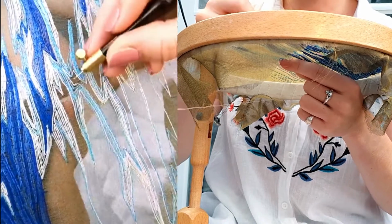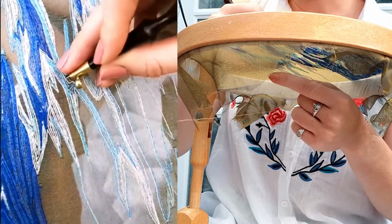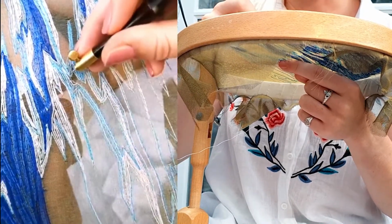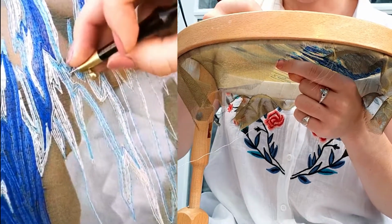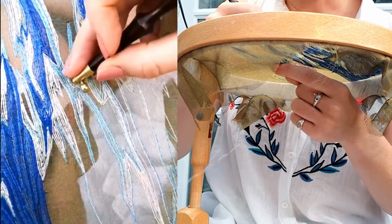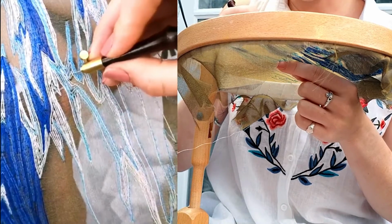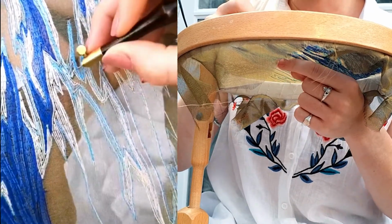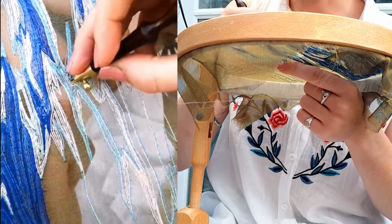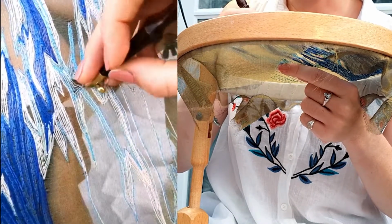I'm also working in a Madeira thread here. This is a machine embroidery thread. I've got two threads, but I chose this type of thread, they're both the same type, just different colours, because number one, it had this lovely ombre effect, and number two, it's got this lovely shiny silky quality to it. Because I was deciding that I was only going to use a few colours and keep it quite minimal, I wanted to go with an ombre